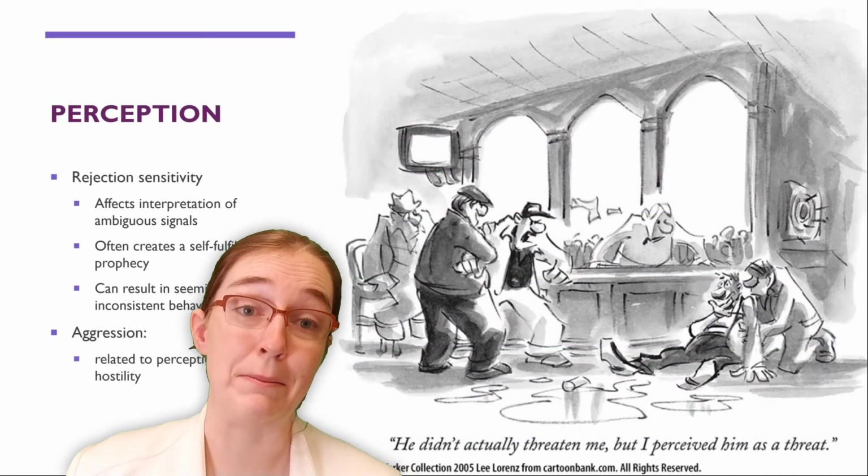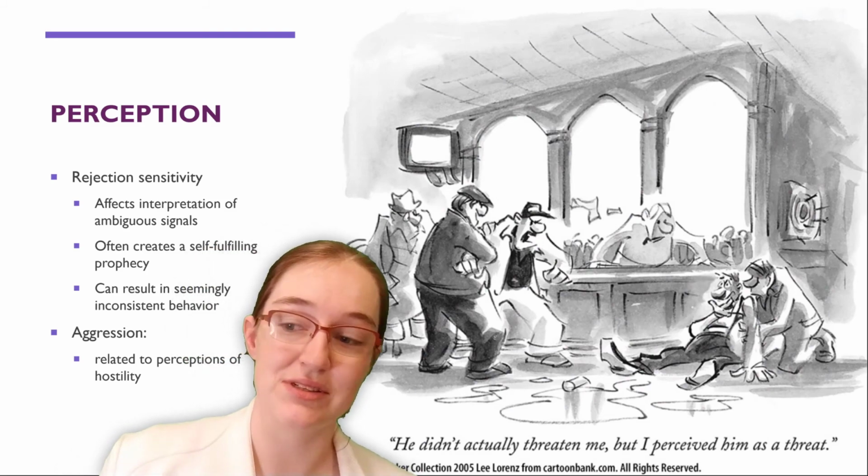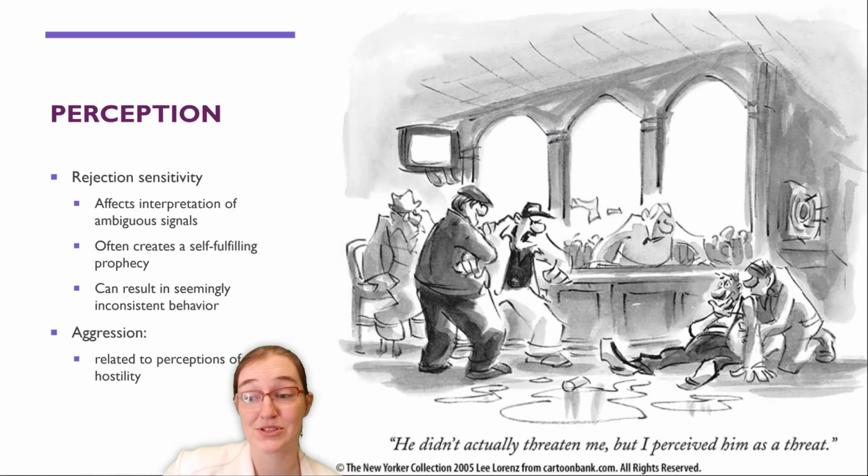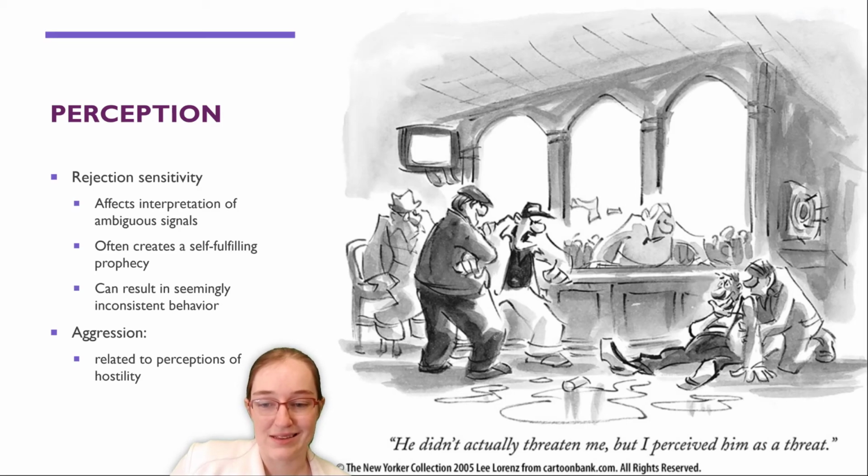Okay, so some classic examples of perception-based processes that are related to personality include rejection sensitivity. So what do I mean by this? It's being especially aware of suggestions of impending rejection, primarily in cases where there are ambiguous signals and how you interpret those. So the pessimist may interpret any hint of rejection as rejection, even if it's ambiguous and possibly not. They err on the side of rejection rather than it not being rejection.